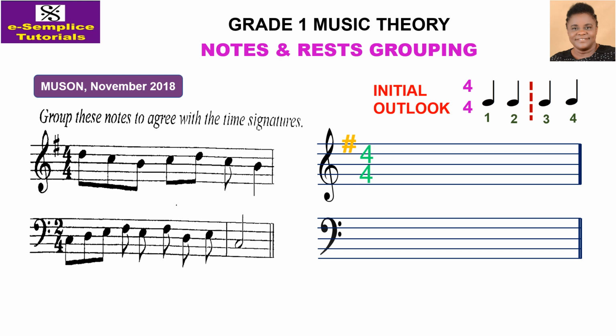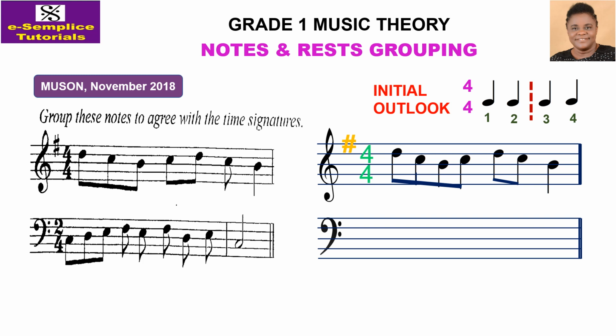Just look for the number of quavers that will form a minim, and that will be 4 quavers. So beam 4 quavers first together to form the first part of the bar, then in the second part of the bar you have 2 quavers which you beam together, and then you bring in the crotchet,